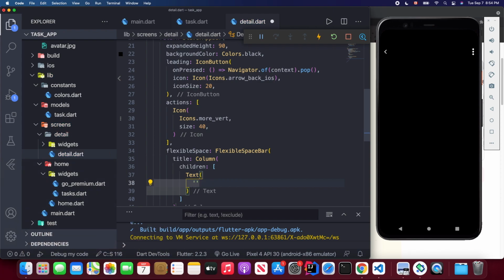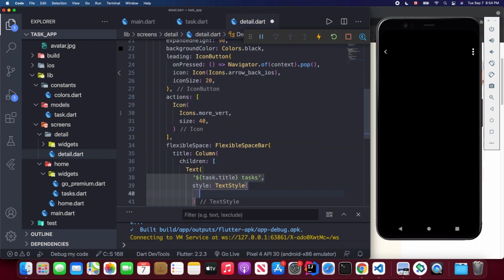So here I'm going to use task.title, and for its style, I'm going to use TextStyle, and inside this TextStyle I'm going to change its font weight to bold,